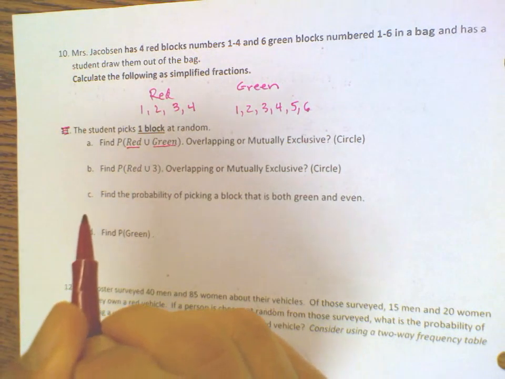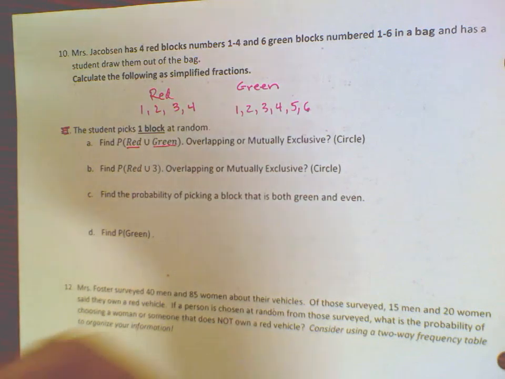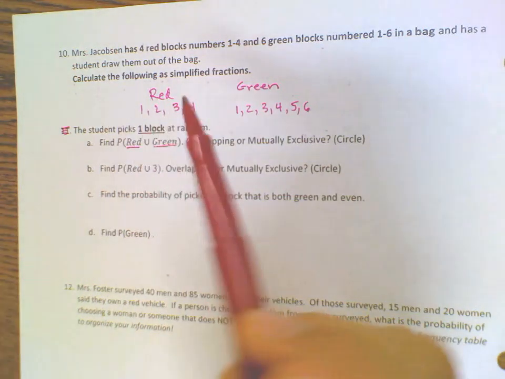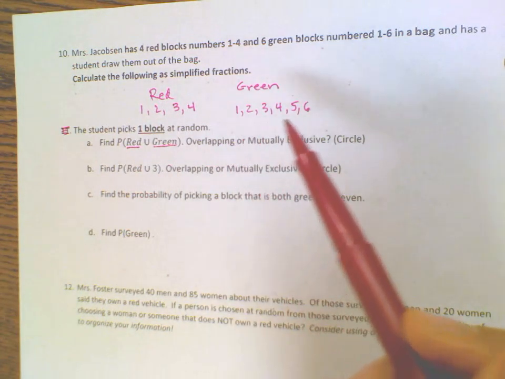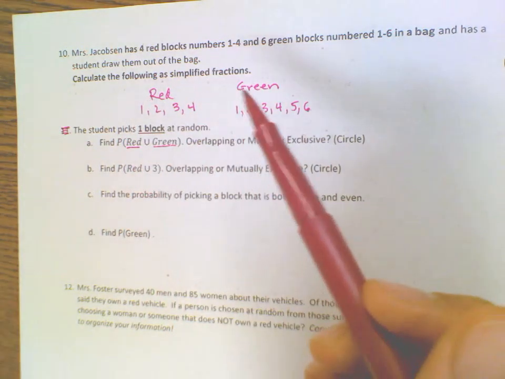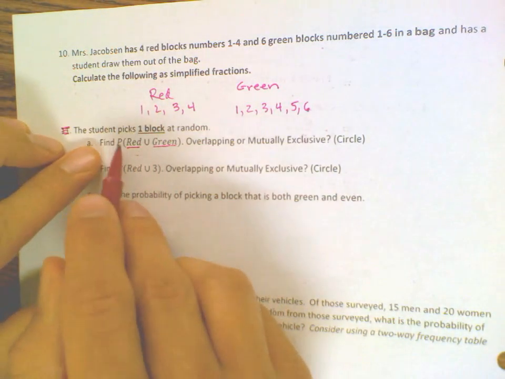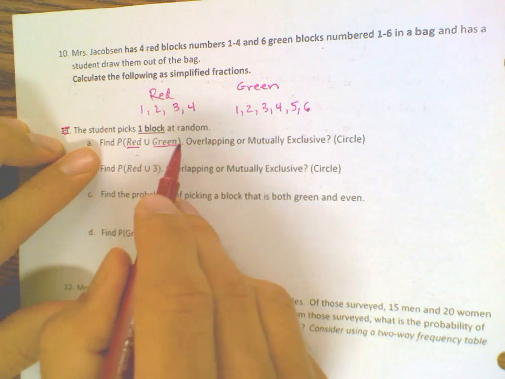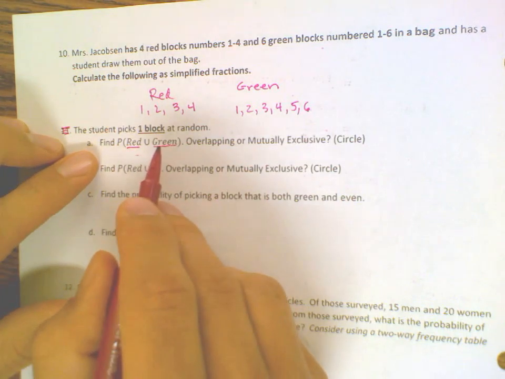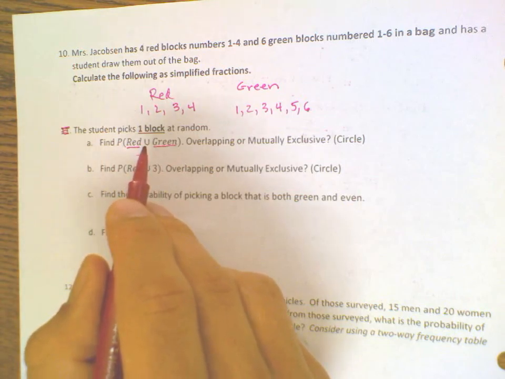Now, this is one of those problems where you can actually have multiple sample spaces. Somebody might say the sample space is the digits 1, 2, 3, 4, 5, 6. Well, somebody else might say the sample space is red or green. And it really just depends on the problem. So if this one says, what's the probability of picking a red one or a green one? Well, no matter what, when you pick out of this container, it's either going to be red or green,